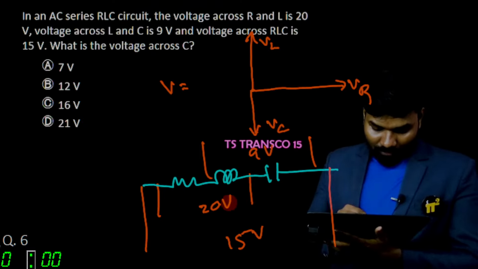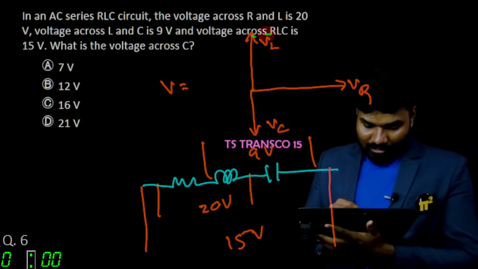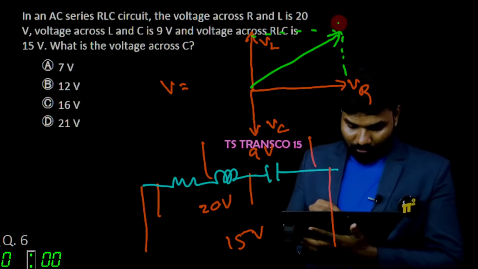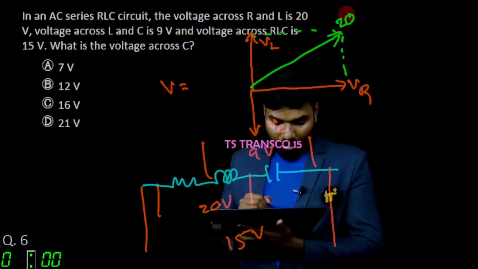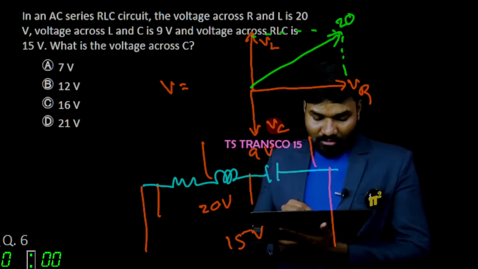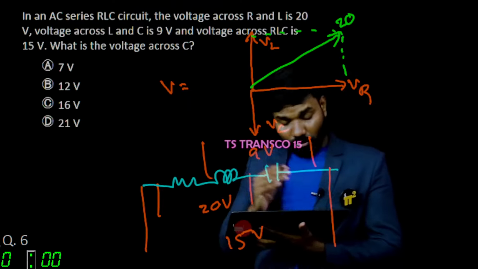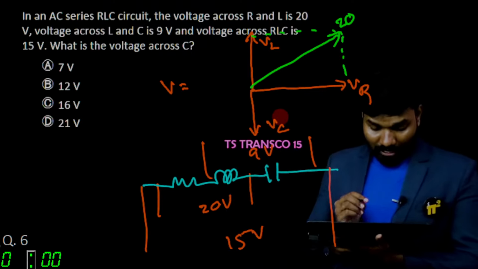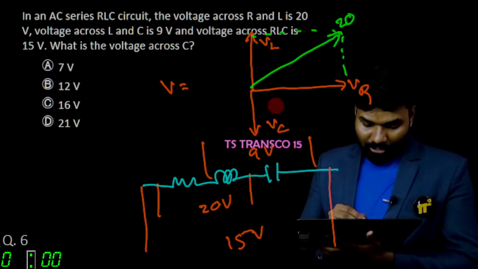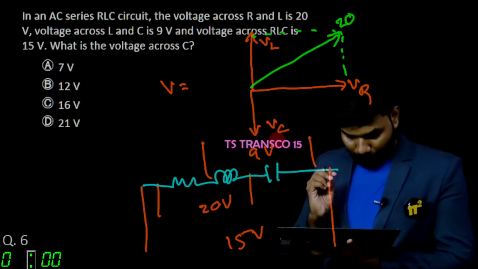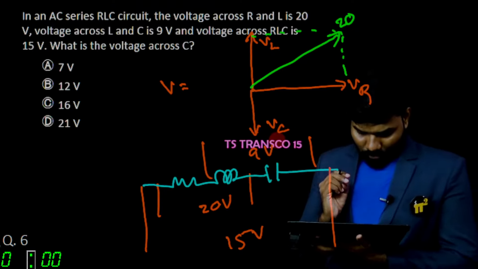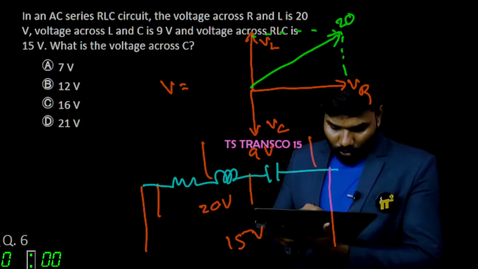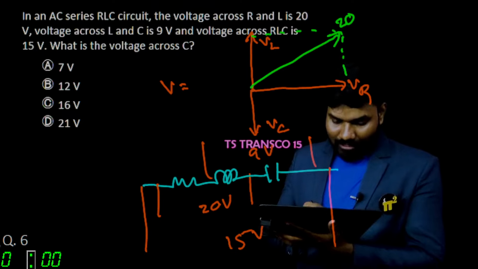Now it is given. The resultant of these two is given as 20 volts. And now when I add this 20 volts with this VC, you get 15 volts. That's what the total voltage is. And VL minus VC is also given. VL minus VC is given as 9 volt. Pretty interesting. So can I say with this, total voltage V